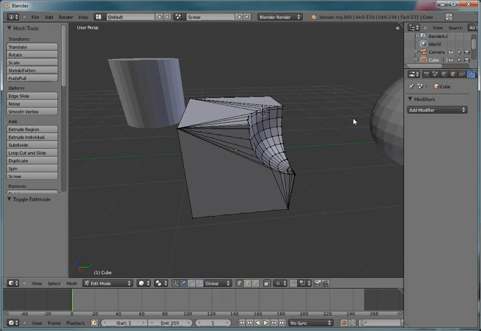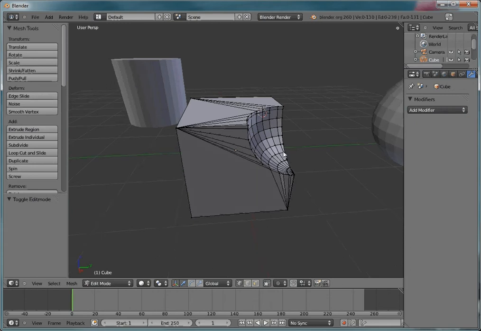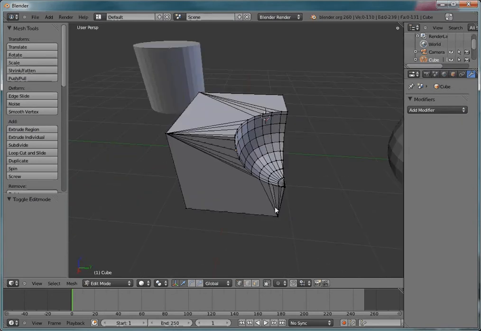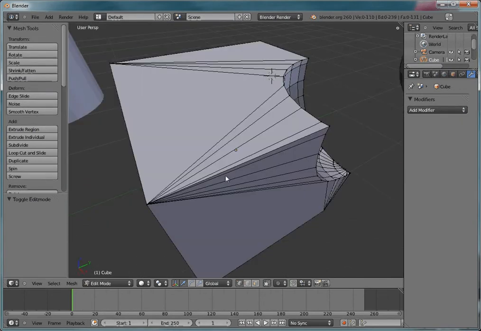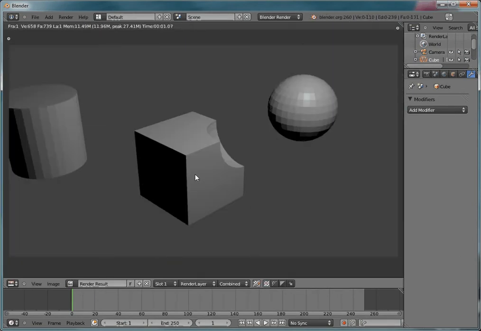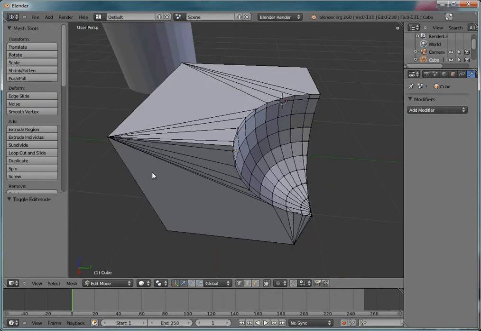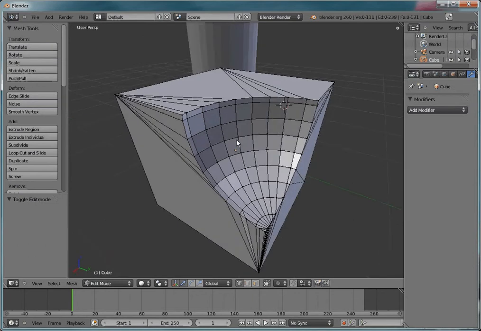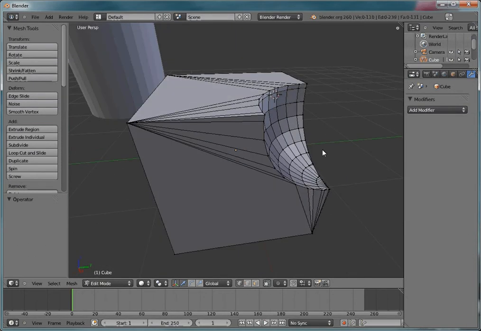When you make the difference between this sphere and this cube, it needs to have a bunch of vertices, and it adds those vertices, but you get these problematic edges here. There's a lot of edges, and since they all start at this one vertex, it won't look nice when you add some material to it, for example, and then try to render. So you have to be careful with these